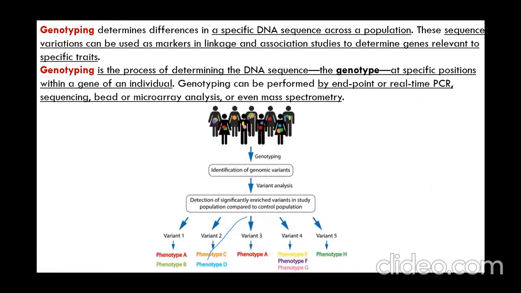So coming on to mutations, why are we talking about mutations, polymorphism and populations? Because one of the important concepts we are evolving into is the study of a specific genotyping mechanism. Genotyping is a process of determining the DNA sequence, the genotype, at specific positions within a gene of an individual or of a population, across populations. You are looking for a DNA sequence at specific positions of the chromosomes. We will see what those specific positions are.